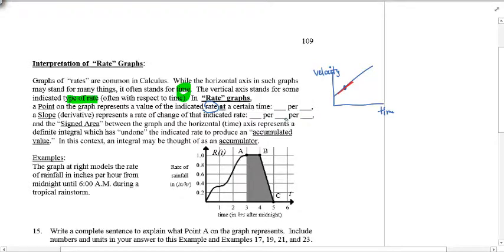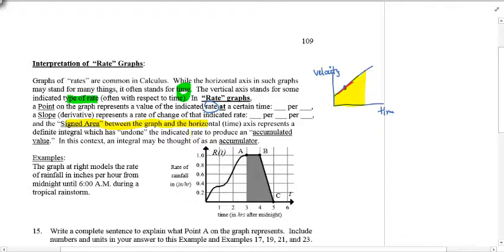Now, the neat thing about this is the signed area. So the area between the graph and the horizontal axis. So that would be stuff like this here. This particular region is a definite integral, right? It's the stuff we've done before in the previous unit, which really undoes the rate. So the opposite of the rate, or the antiderivative of velocity, would be distance, displacement. So the idea of